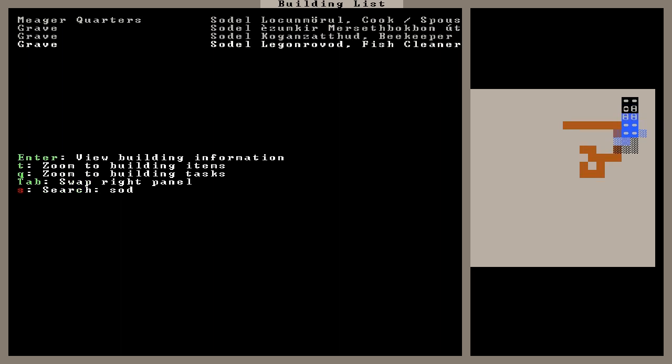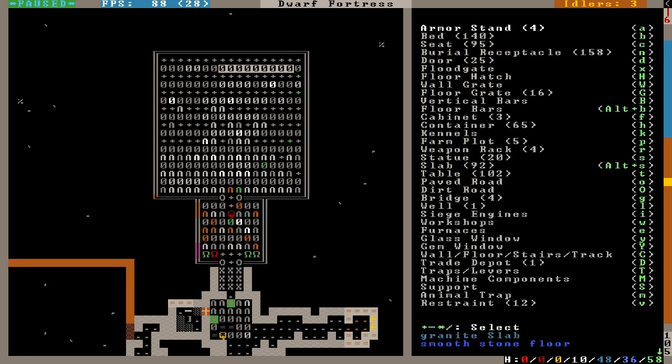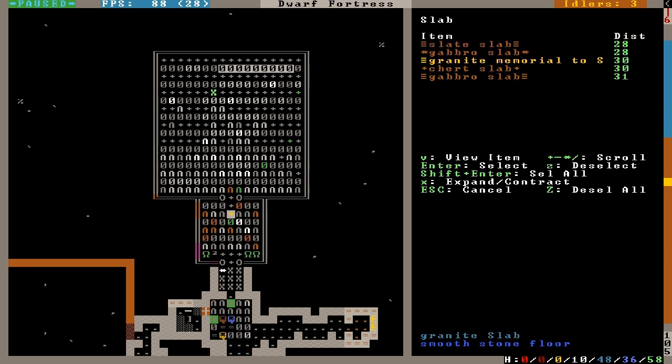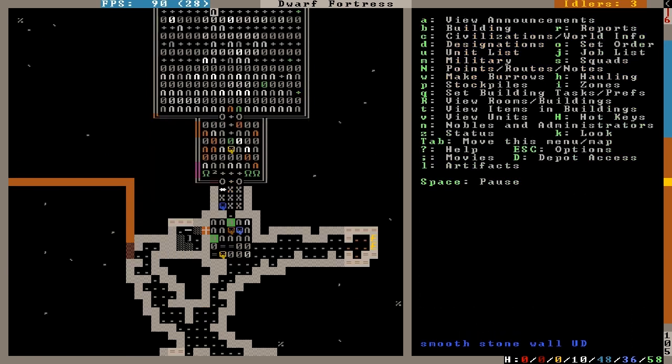One. T down one. Esc. Build Alt S. And make sure they got the right one. Because there's really only one memorial at the minute, so there we go. So that memorial should go up. I don't know if they really deserve a memorial. I should probably do...